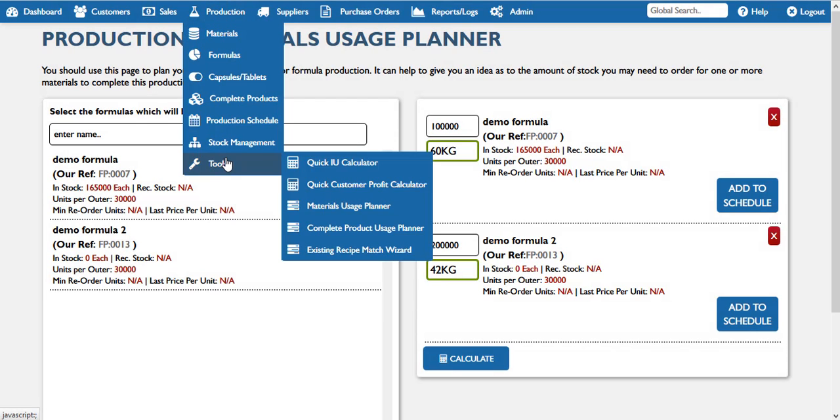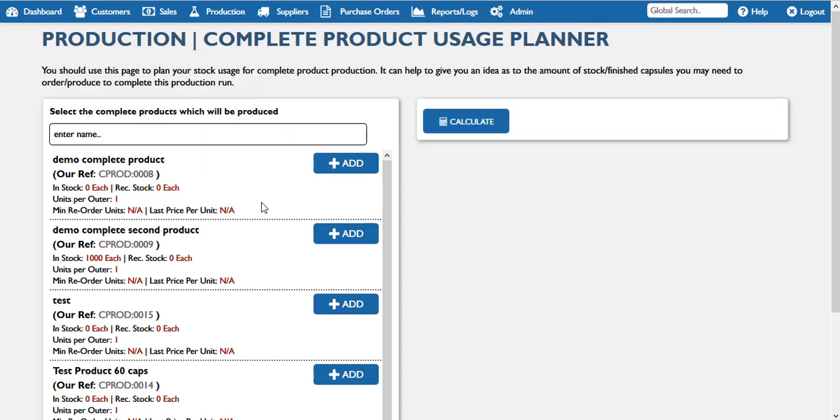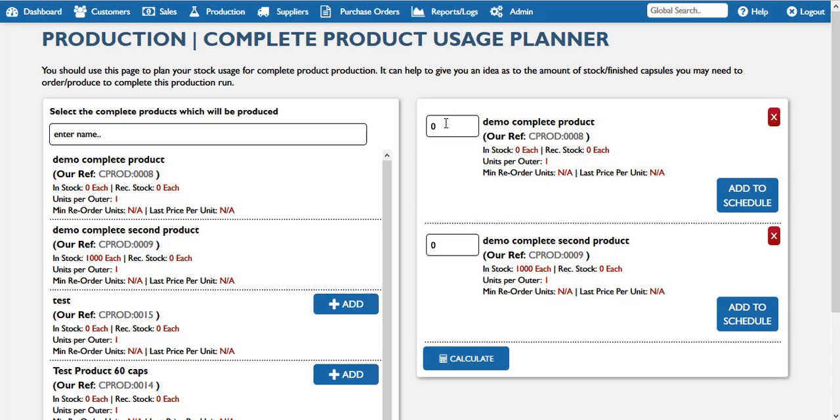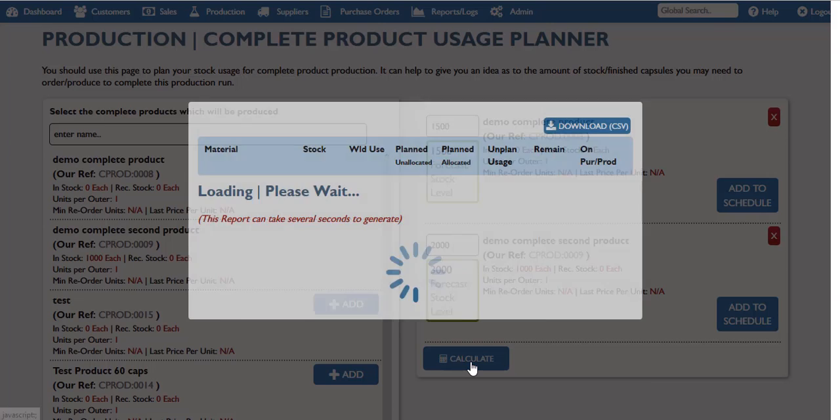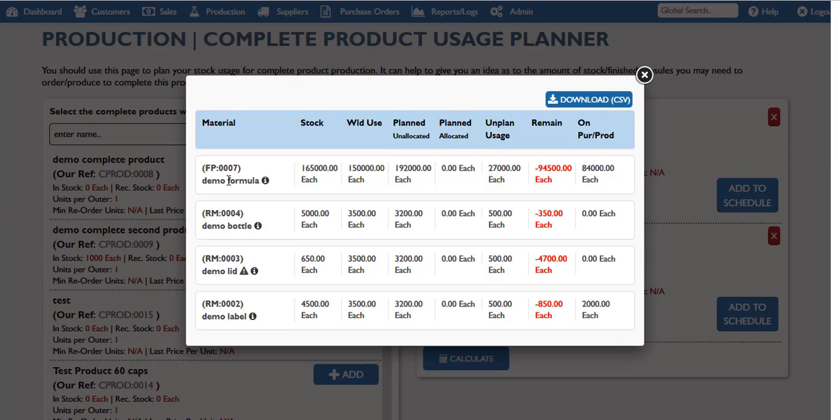The exact same methodology applies to the Complete Product Usage Planner. The only difference being that instead of FPs down this side, you've got CPRODs. So you could add these in. Say you wanted to make 1,500 of those, 2,000 of those. Click the calculate button, and again it would show you the stock levels and stock usage for